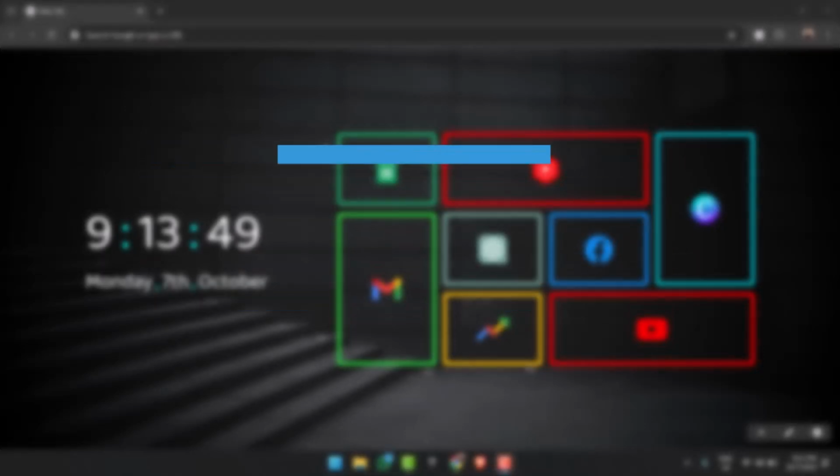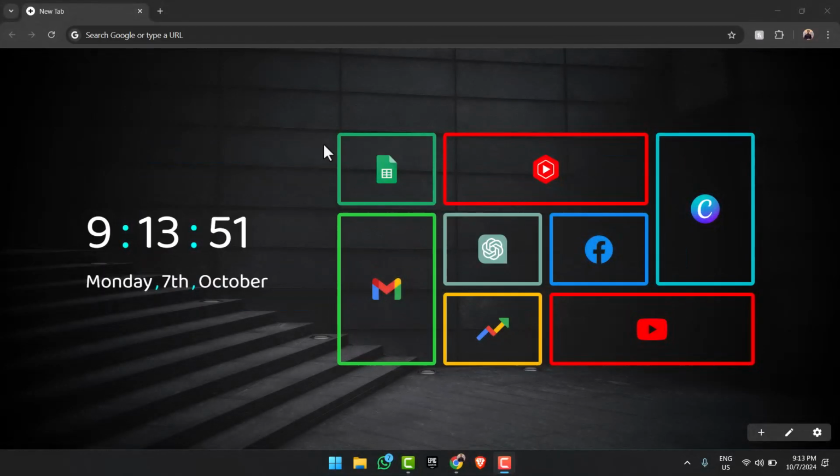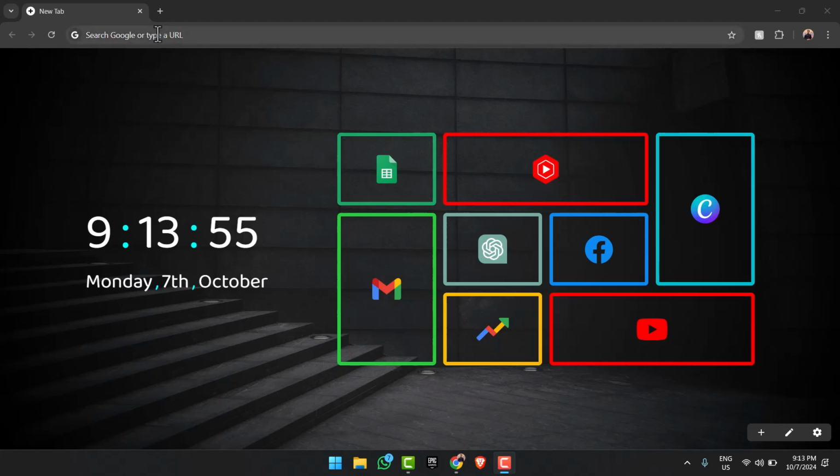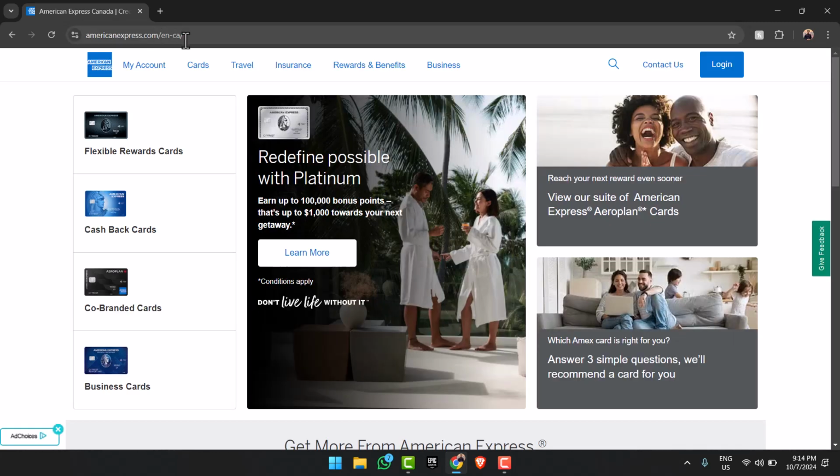In today's video, I'll show you how you can log into your American Express account. So to do that, first of all, go to any web browser of your preference and in the web address bar, simply type in American Express. Now you will be taken to the official homepage of American Express, where in order to log into your account,